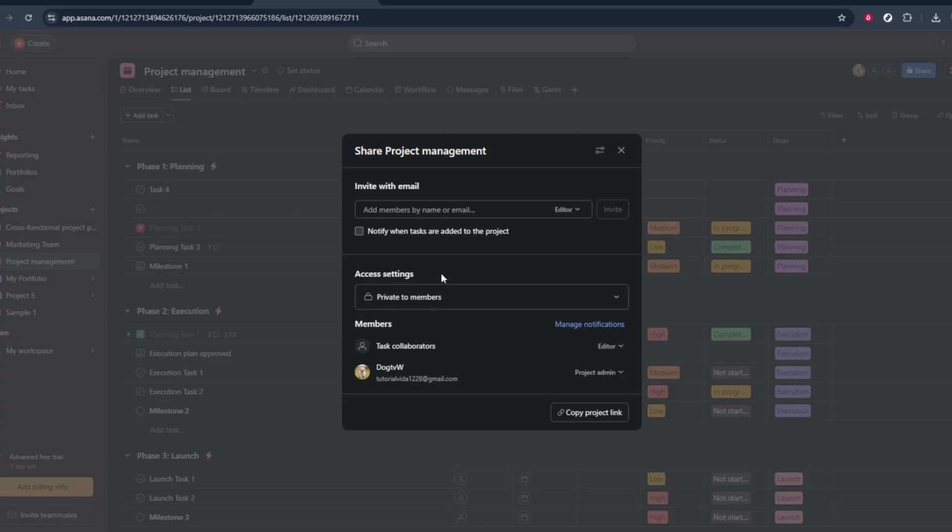Take a second to review who the project members are while you're still in the Share panel. If there's anyone who shouldn't have access, you can remove them here, and if you need to add specific collaborators, you can invite them by name or email. When you're done, close the